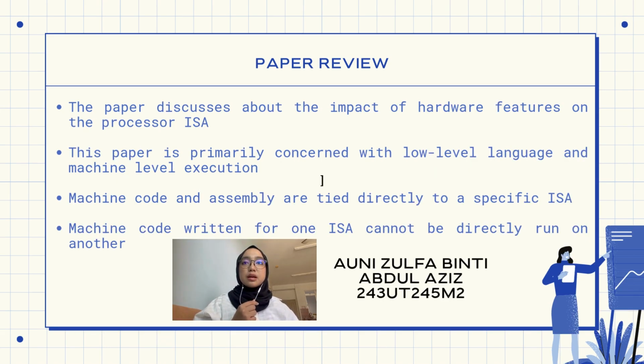So this paper discusses the impact of hardware features on the processor instruction set architecture, better known as ISA. This paper is primarily concerned with low-level language and machine-level execution, specifically how hardware features affect ISA. Machine code and assembly language are tied directly to a specific ISA, unlike high-level languages that depend on compilers instead of the CPU directly. So, machine code written for one ISA cannot be directly run on another ISA,